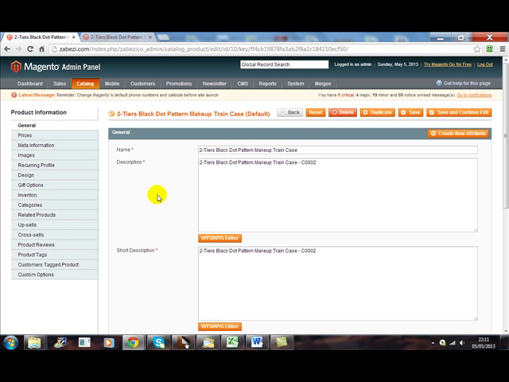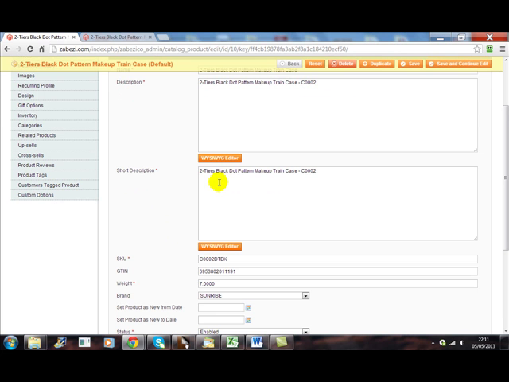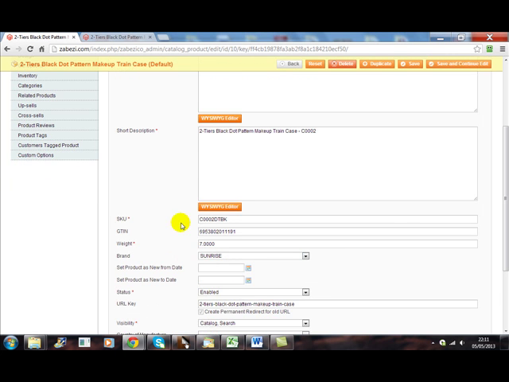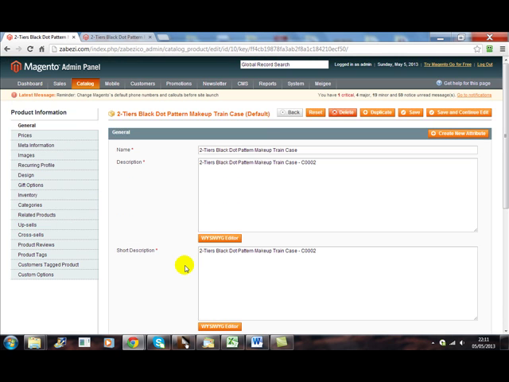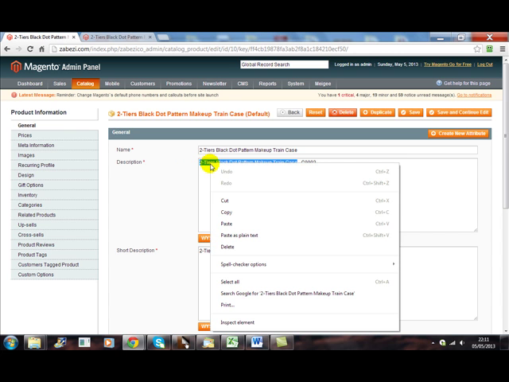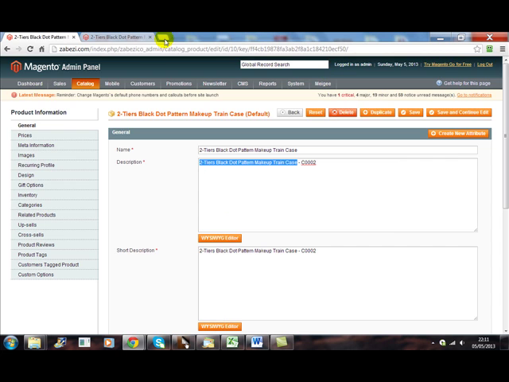Now once we click edit, it takes us first of all to the general area, which is the name of the product. We have a description, a short description, and then you don't need to worry yourself about this because we've entered all this with the SKUs and the barcodes, because this all comes off that data sheet. But what we can do is actually make the main changes here. So if we just for now copy that and then just open up a new